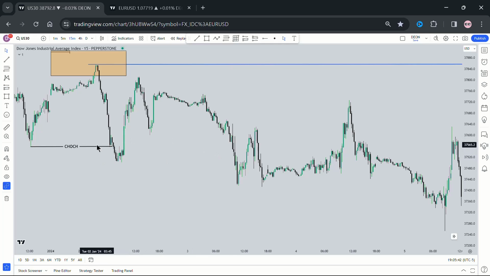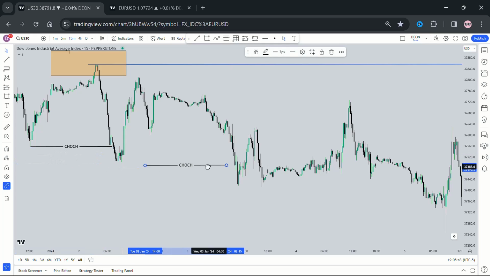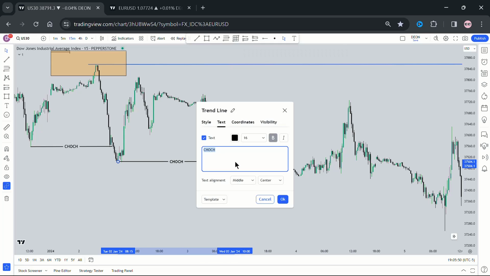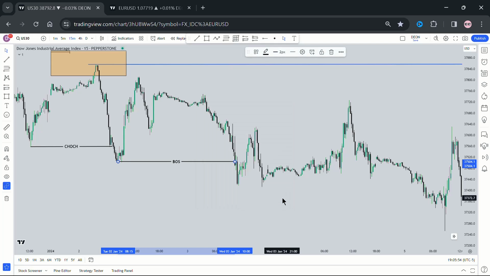Okay, here where it broke structure. This is where your target is supposed to be. Not anywhere further than that. No. Okay, just here and you are out. Okay, if the market started reacting to this fair value gap here, this is where you start managing your trade